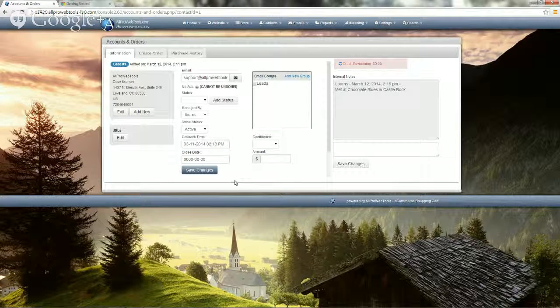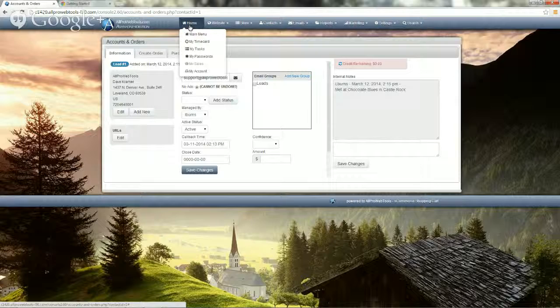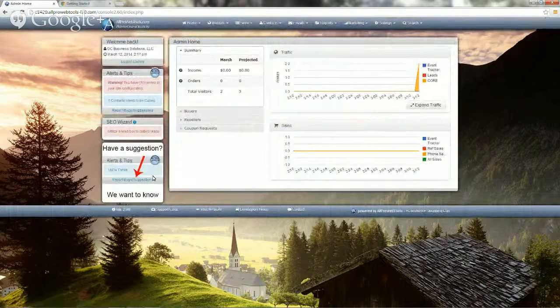All right. So now what I'd like to show you is that alert box that reminds you that you have people to call. So if you go up to the top where it says Home, and go to Main Menu. Okay. So off to the left, you see in blue, it says one contact needs to be called. Okay. So if you click on that,